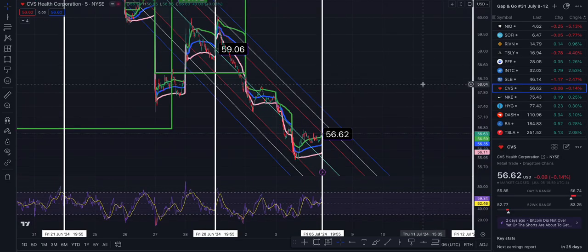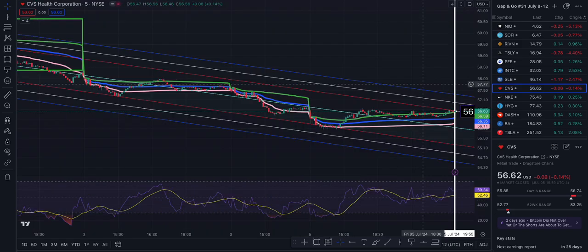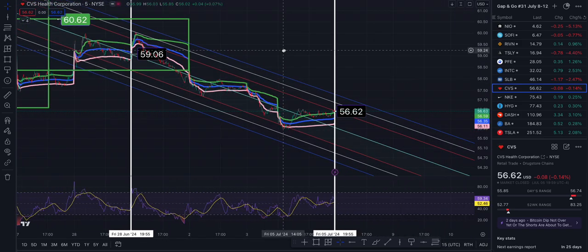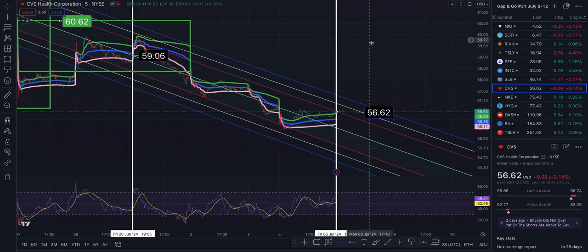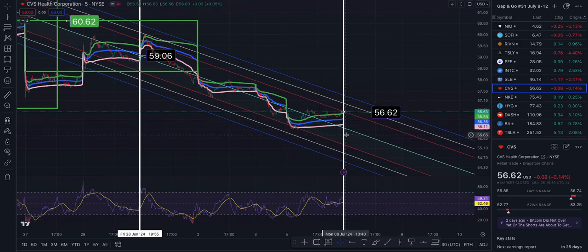CVS ended the week at 56.62, down 0.14%. As you can see, we are going down. $56.99 is our next target at resistance, and another level of resistance, $57.35. VWAP, $56.35. Middle of the trend, $55.95, $55.26, $54.90, and